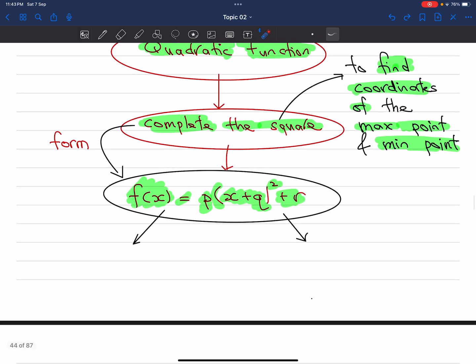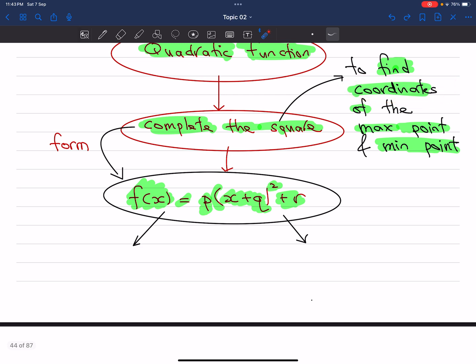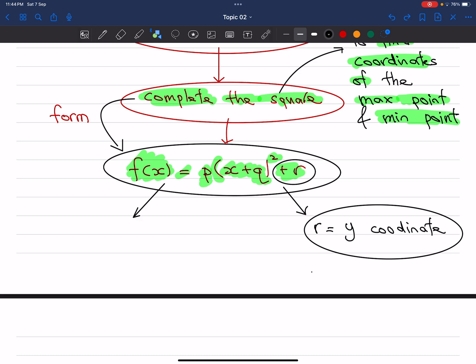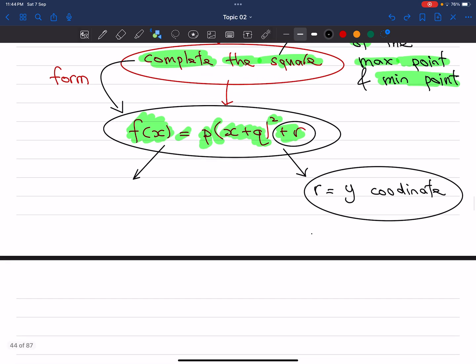And we will get the coordinates from the complete the square form, whereby the number outside the brackets, the r, is the y coordinate. Now to get the x coordinate, you go inside the brackets, which is x plus q,